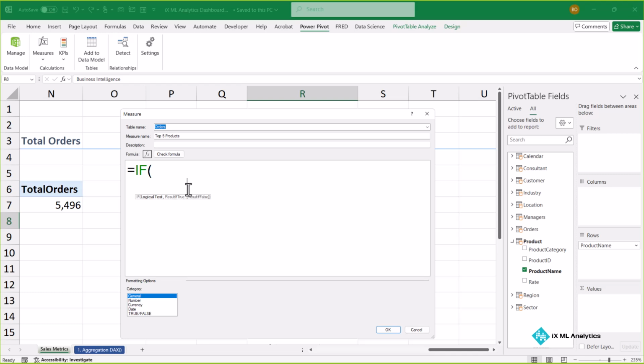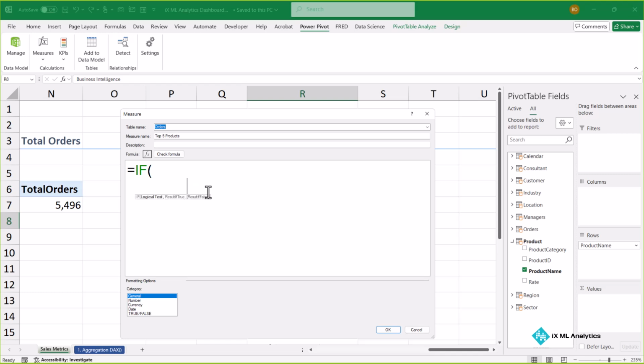So we want to look at the product names against their revenue sorted in a descending order, and then if the values are less than or equal to 5, that becomes our logical test. So that will give us the top 5. If that is the case, return the revenue. If not,